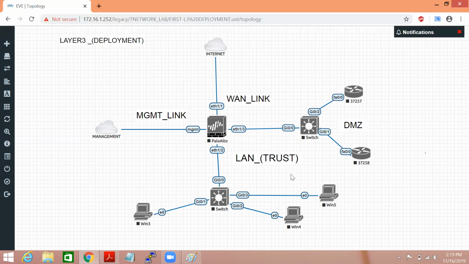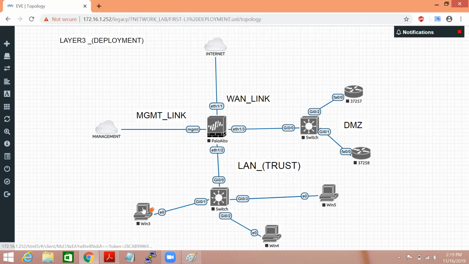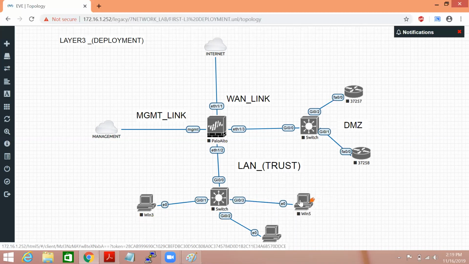Otherwise, if I place this server in the same zone as the LAN and these machines get compromised, there might be a possibility that my LAN or trust machines also get compromised. So in order to prevent this kind of situation in a production network, we always keep a separate public zone for servers, which we logically call the demilitarized zone. Is it clear to everyone?